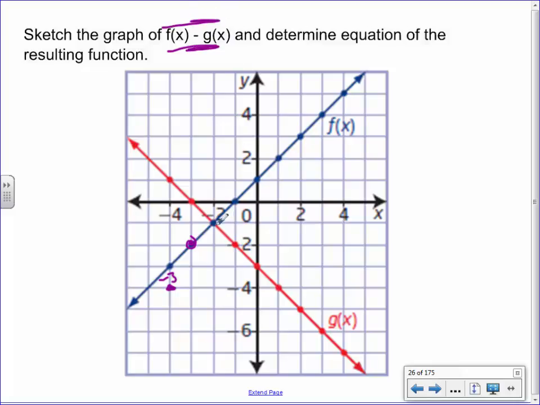Okay, how about here? One of the graphs is minus 1, the other graph is minus 1, and we're subtracting it. Minus 1 minus minus 1. Good, 0, yeah. After a while here, I feel like I've got the pattern. Don't you guys too? Right, so over 1 up 2, over 1 up 2, over 1 up 2, over 1 up 2. This is a linear graph. What's its equation? Y equals slope 2 plus y-intercept